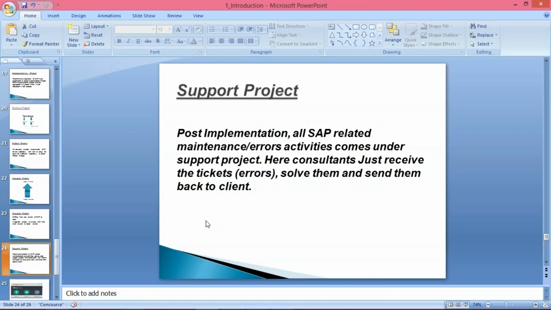Okay. So what is happening? It means we have to support them. We are going to give support after implementation. Tata Motors once again is going to approach these IT companies and say, okay, implementation is done, you have installed this SAP, very nice, where our employees are going to work. But what about if they face any issues, any errors, or if they have some requirements, isn't it? So who is going to meet their requirements, who is going to solve these issues and errors? For that also they require an SAP consultant.